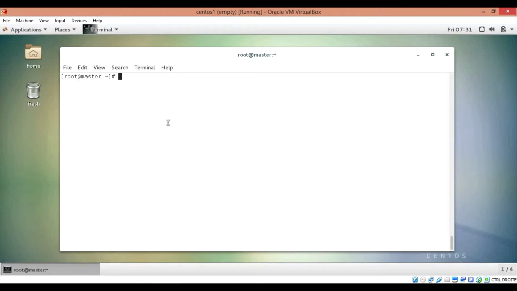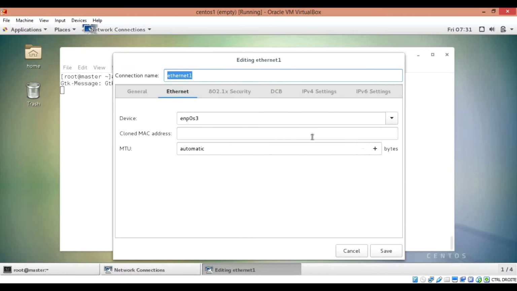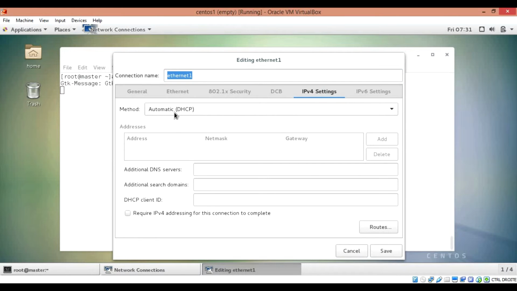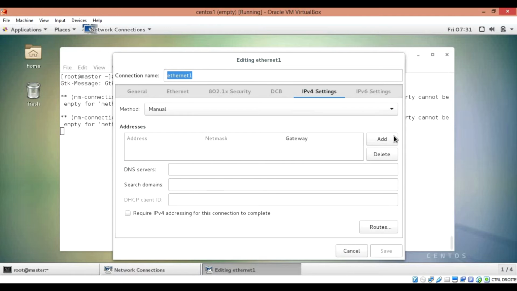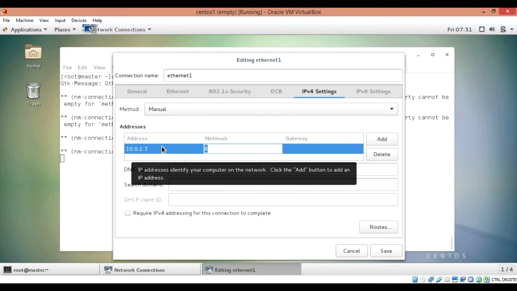I will start the graphical tool from the terminal with nm-connection-editor. I will choose the connection that I want to edit and click edit. Over here under IPv4 I will change the method from automatic to manual, and I will press add to add a new address. I have the whole 10.0.2 range to play with here on my virtual network, so let's use 10.0.2.7. I will tab to the netmask over here, and I can either put in a CIDR notation 24 or a full address like